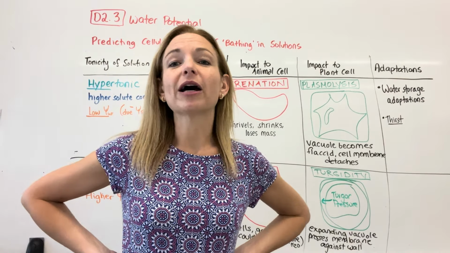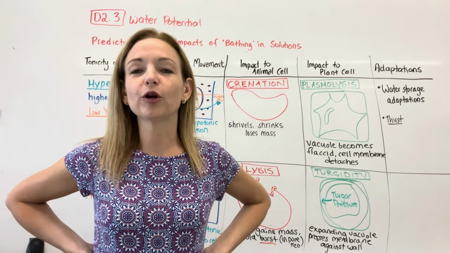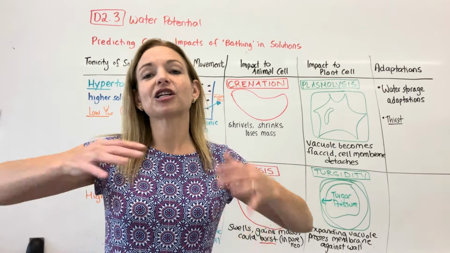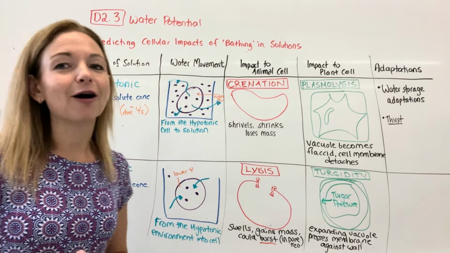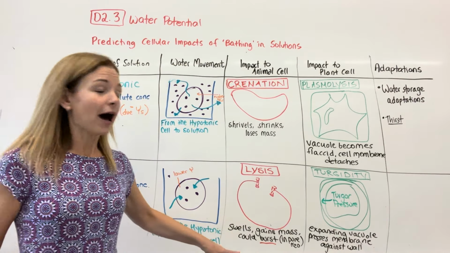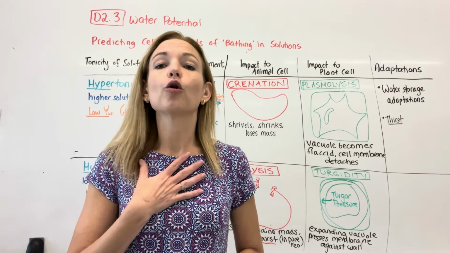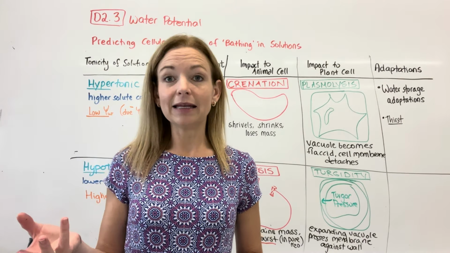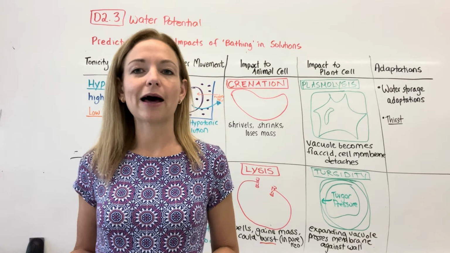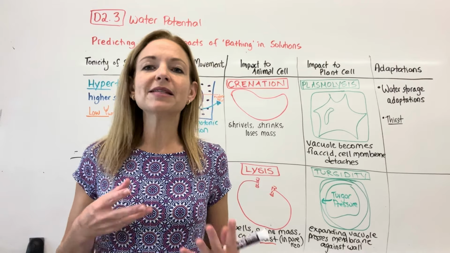When we get to HL, we will clarify, but essentially because of the turgor pressure, a plant cell could actually be in pure water and reach equilibrium. So water movement could stop because eventually the pressure will actually cause the water potential to be the same. This is kind of why I included the adaptations. So if you were an animal cell that was in pure water, then again, you would have this risk of bursting. So if you're a multicellular organism, we prevent that by having kidneys that will filter water out to not allow that to happen. So we have adaptations as part of our organ systems that eliminate this.